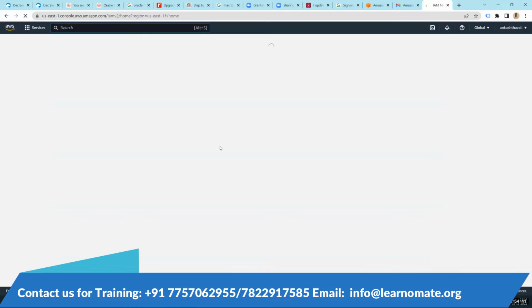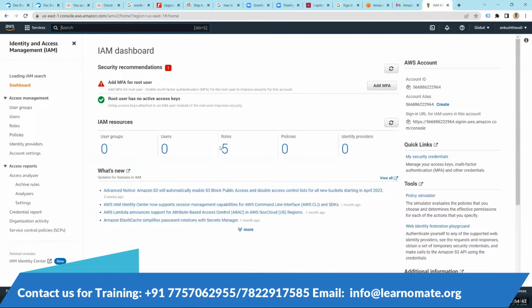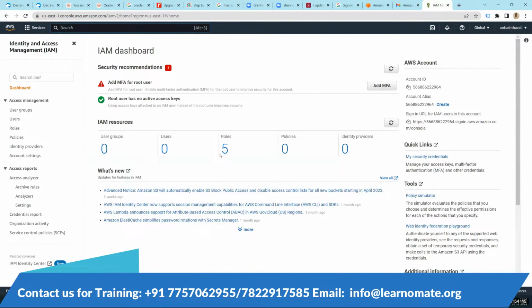So IAM is the soul or heart of AWS, I would say. Why? Because if you want to use any resources in your AWS account, you need to have a user, and that user needs to have permissions. That all can be managed by this IAM. So that's why IAM security is one of the important topics in AWS.